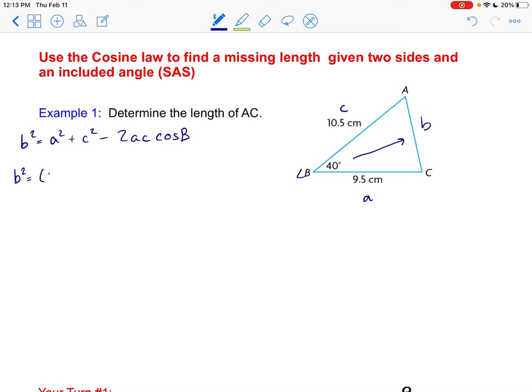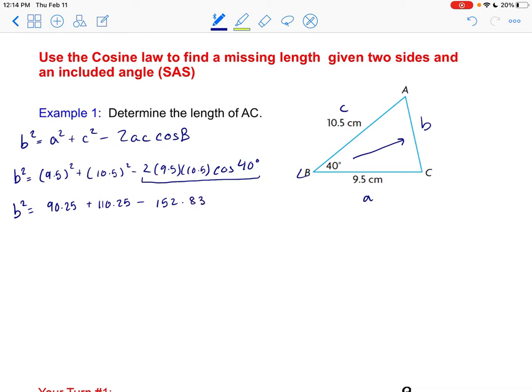So A is 9.5, C is 10.5, we'll do that both times here, and angle B is 40 degrees. Okay, so we'll start plugging some stuff into your calculators. 9.5 squared comes out to be 90.25. 10.5 squared is 110.25. And then all of this together comes out to be